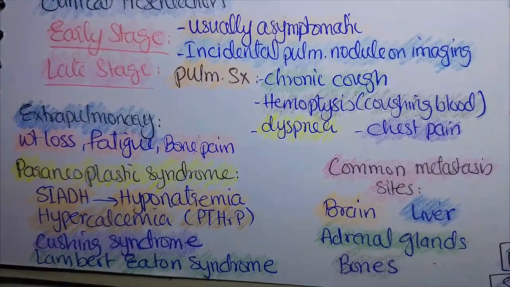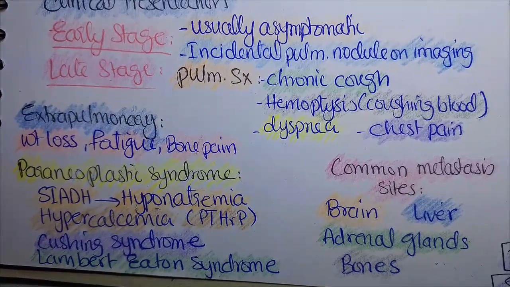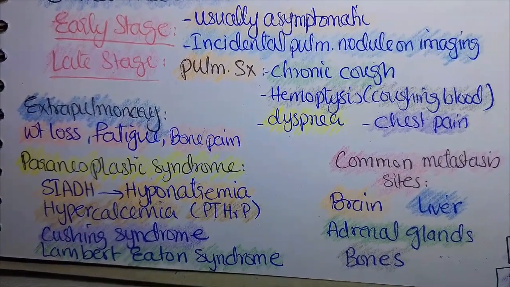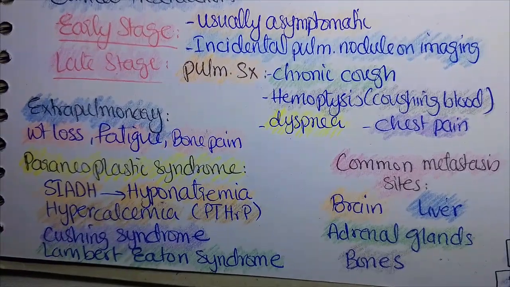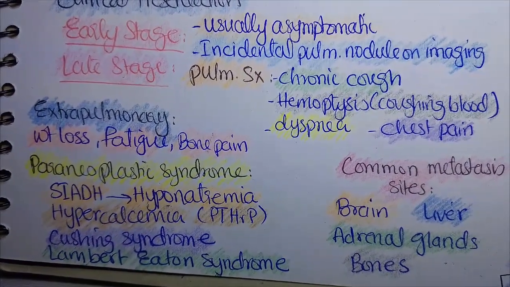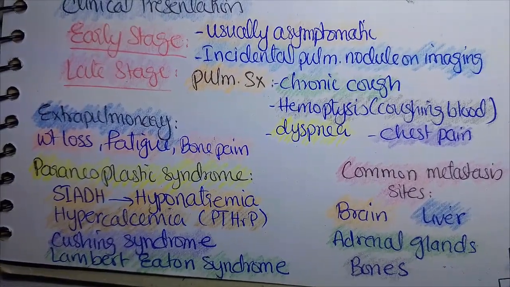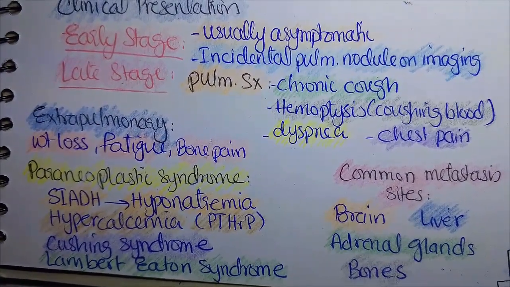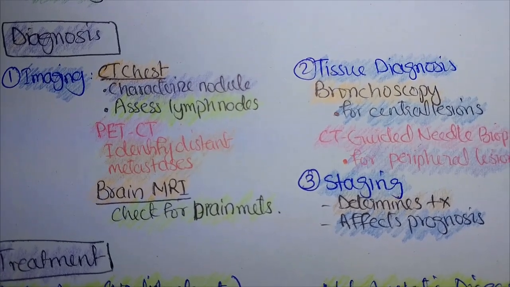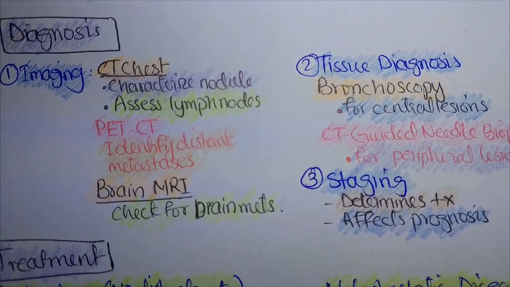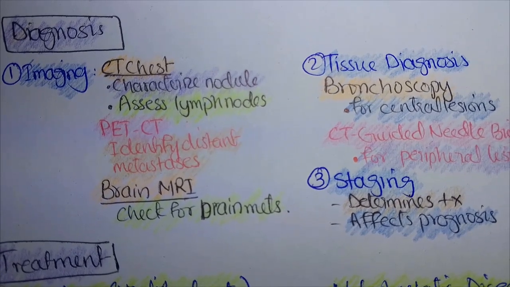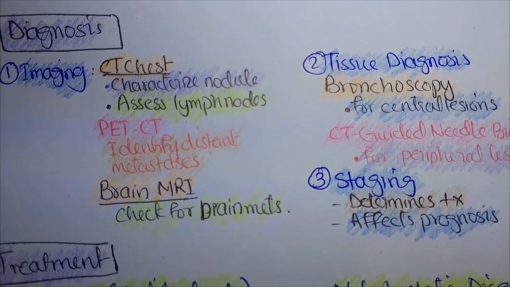SIADH's full form is syndrome of inappropriate antidiuretic hormone secretion, whereas PTHrP is parathyroid hormone-related protein. So diagnosis: the evaluation starts with CT imaging of the chest to characterize any nodules and assess for